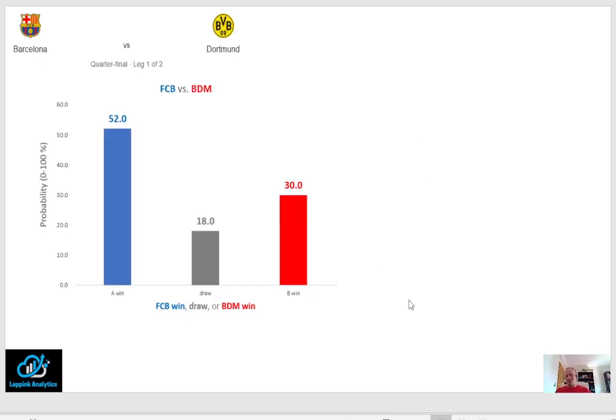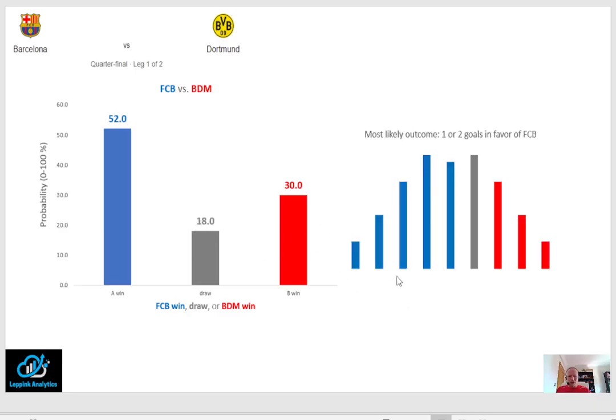Barcelona versus Dortmund, somewhat similar to what we saw in the Arsenal versus Real Madrid case. Not as pronounced, but still just over 50% chance that Barcelona win, and only 30% chance that the German team win. So you see only 18% chance of a draw, and when you look at the predicted outcome in terms of a specific difference in number of goals between the two teams, again, the gray bar is a draw, no difference in number of goals. Towards the left, 1, 2, 3, 4, 5 goals of difference in favor of Barcelona, and to the right, 1, 2, or 3 goals of difference in favor of